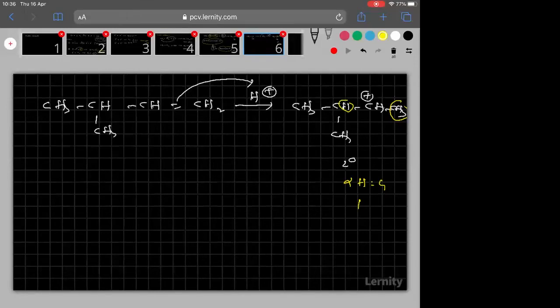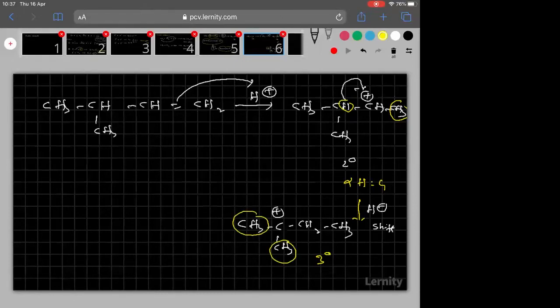So now I want to increase the stability. How? By doing the hydride shift. So the hydride is shifted. When you do the hydride shift, then what happens? You see here CH3-C+(CH3)-CH2-CH3. Now the carbocation formed is tertiary. And how many alpha hydrogens are there? Here 3, whereas here 2.